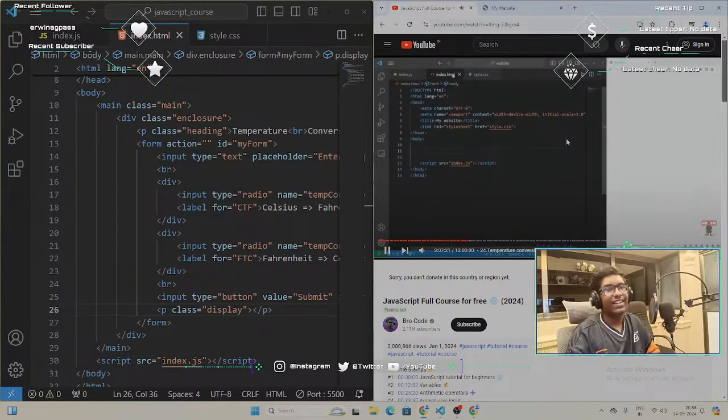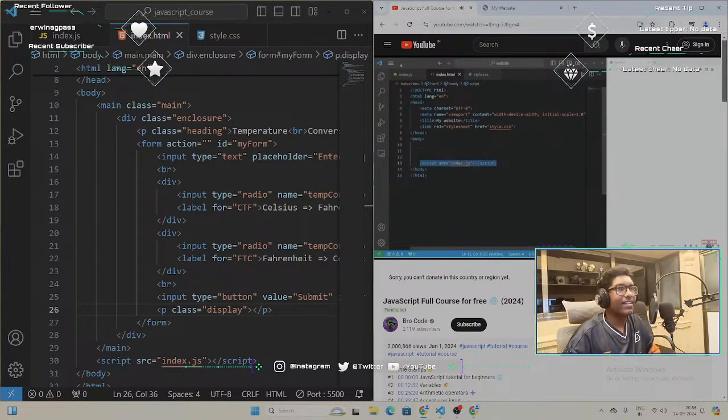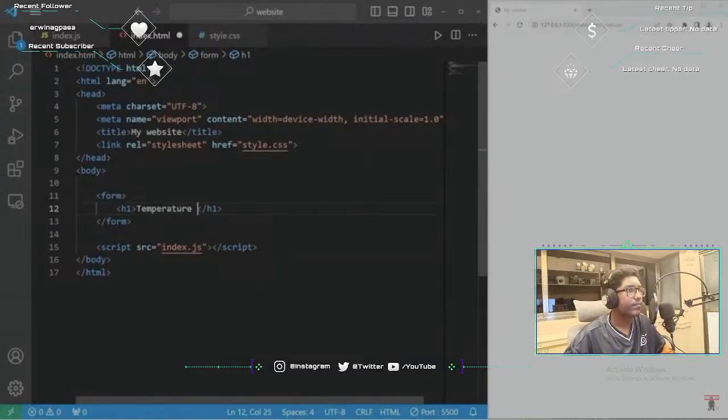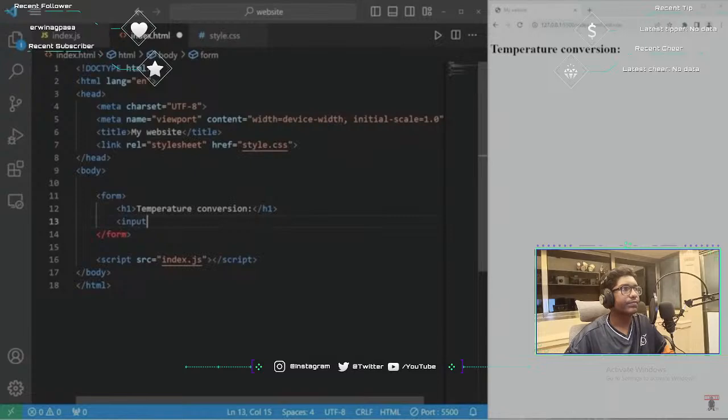All right, let's begin, everybody. We will begin within our HTML file. Make sure you've linked the script to your JavaScript file, which we'll fill in later. So within the body of our document, we will create a form element. Within our form, we will create an H1 heading for the title of this program, which we will name temperature conversion. After our H1 element, we'll create an input element. This is a self-closing tag. It's a text box. Since we're going to be converting temperatures, I will set the type to be